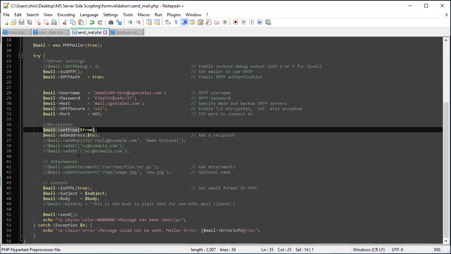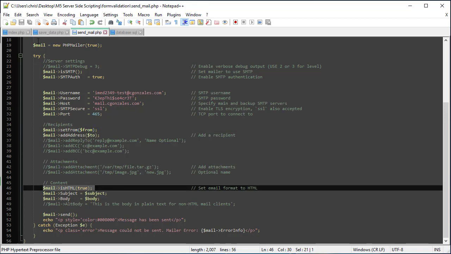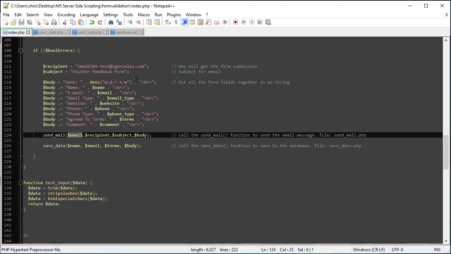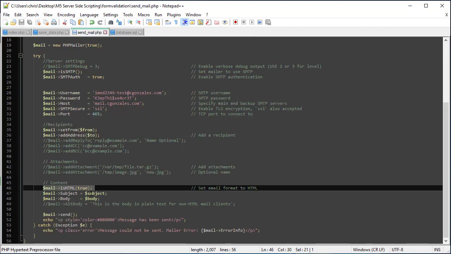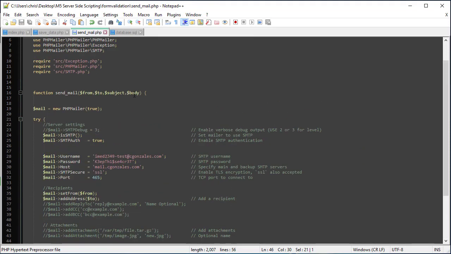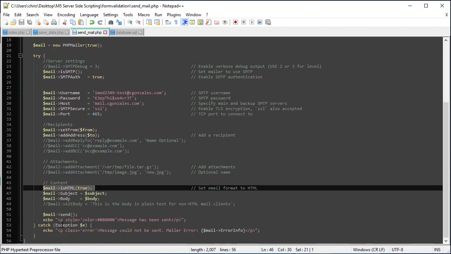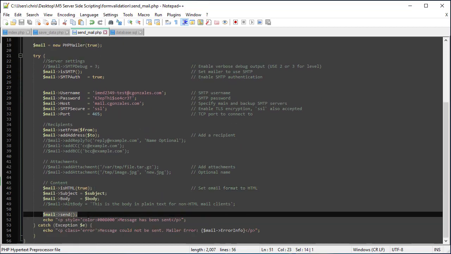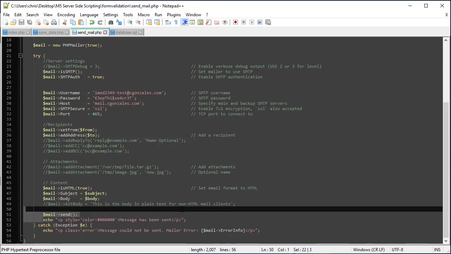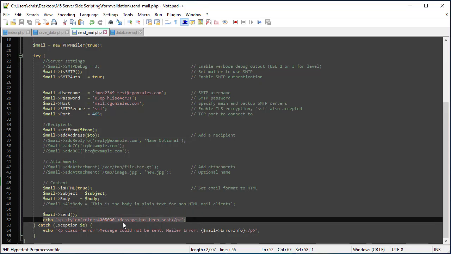Get reply to, CC, BCC. Is HTML? Yes, we set that to true. That's why we're able to use these BR tags inside our email. The subject, we set it to our subject. And then the body, we set it to body up here. And then if all goes well, we'll try sending the email. We should get back a message, a green message that says message has been sent. Otherwise, we get back an error, a red error